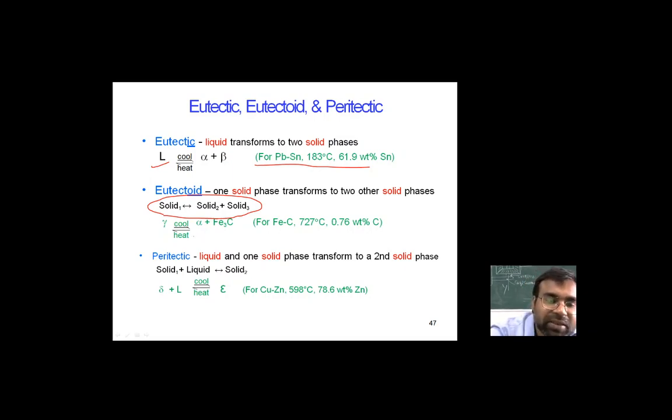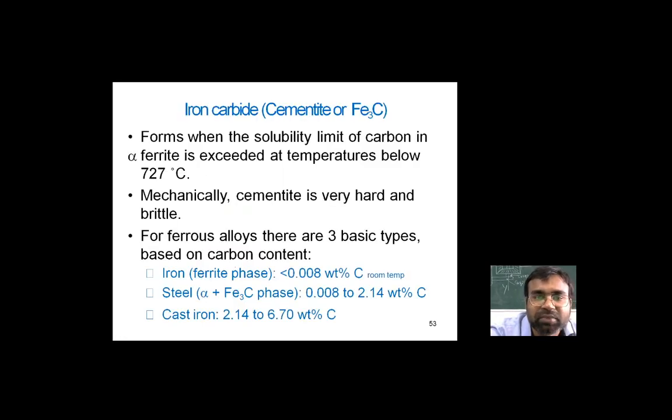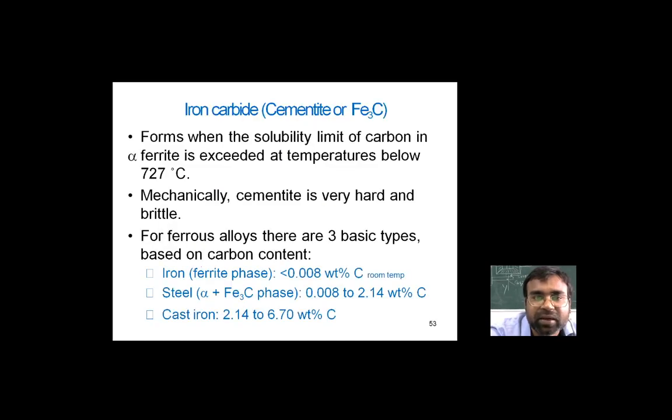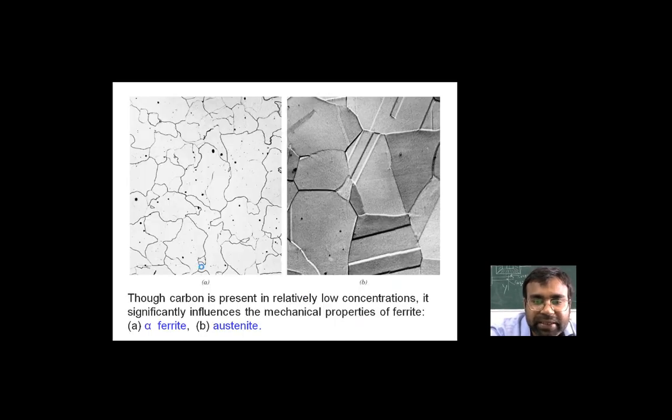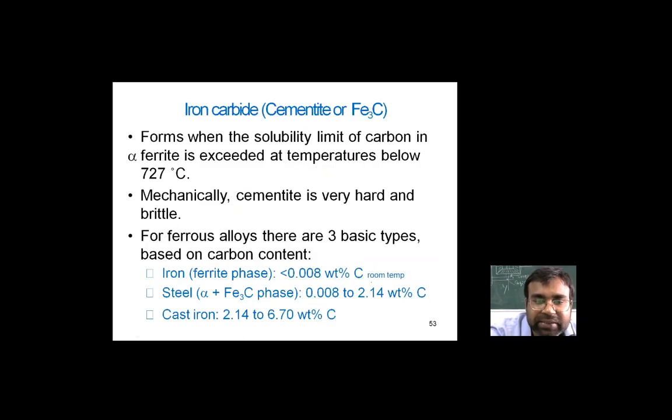And the next one is the peritectic reaction, where one liquid and one solid are transformed into a single solid material, and that solid material is formed at the peritectic point. We will discuss that peritectic point one by one, and the importance of that particular peritectic system. Before proceeding, we are just considering the cementite percentage, which is over here, and then we will move to the next topic.